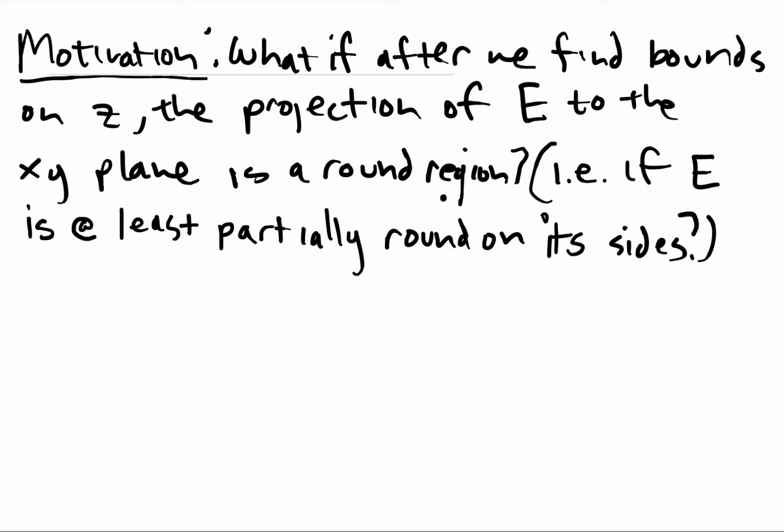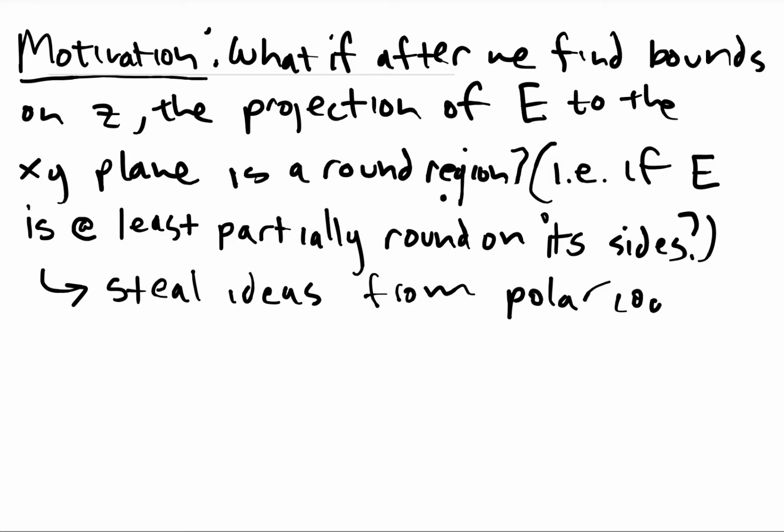We dealt with this cylinder before. It was flat on top, so it wasn't round everywhere, but it's at least round on the sides. Okay, what if I run into a region like that? Well, the idea is we actually do want to steal some concepts from that polar coordinates section, right? We still want to steal the ideas from polar coordinates. We do want to end up rewriting our integral,